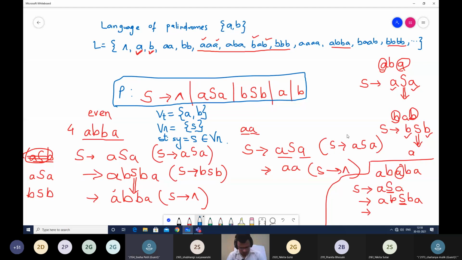Yes, sir. Yes, it is 12:18. I'll wait for another 2 minutes. You can take down this. First, write down the language strings, then write down the production rules, then write down the remaining 3 tuples, and then write one or two derivations. One you can write for even length, maybe ABBA, which I have written. One you can write for odd length, maybe the BAB string. 2 strings are sufficient for you to show. I'll wait for 2 minutes, then we'll start with the next example.